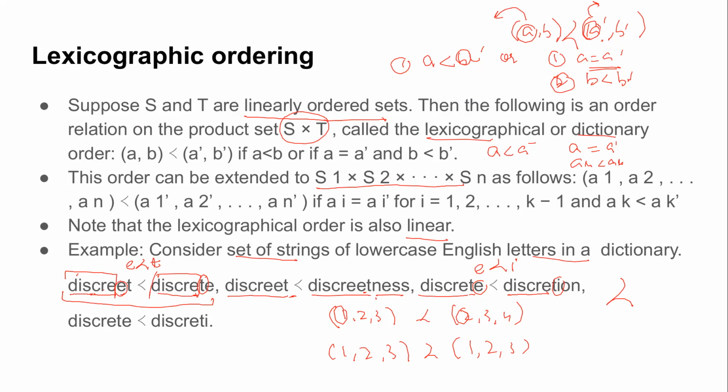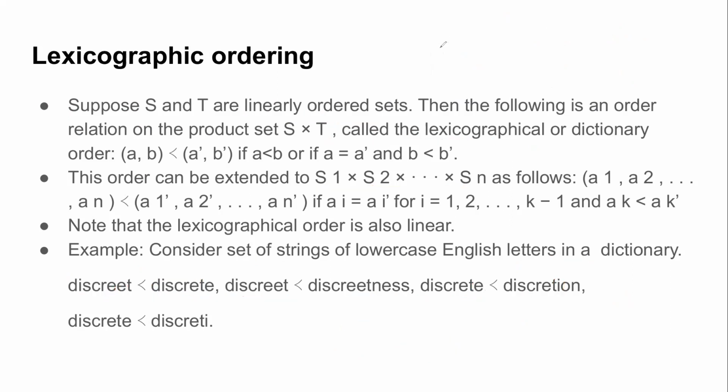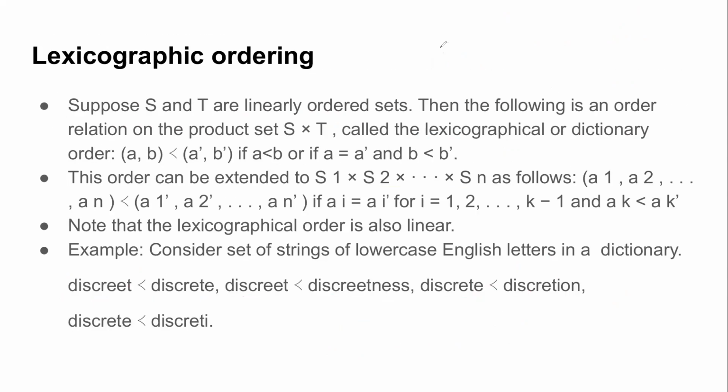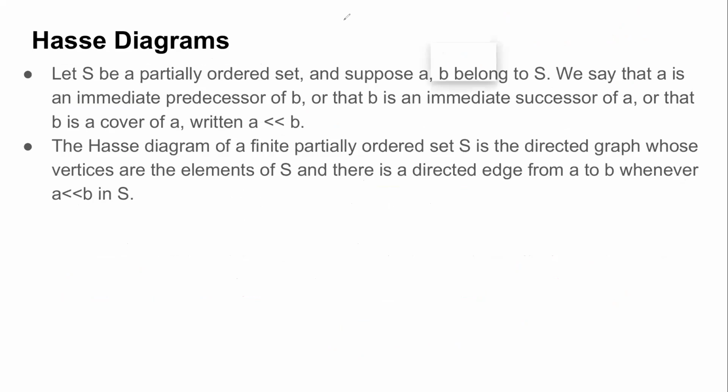Yes, class, this is clear. What do we mean by lexicographic ordering? There's no new definition. The only thing is they are defining the order on a tuple now, on a Cartesian product. Okay, so this basically finishes all the different kinds of ordering. What we move on to next is the pictorial representation of these special sets. So let us move on to that.